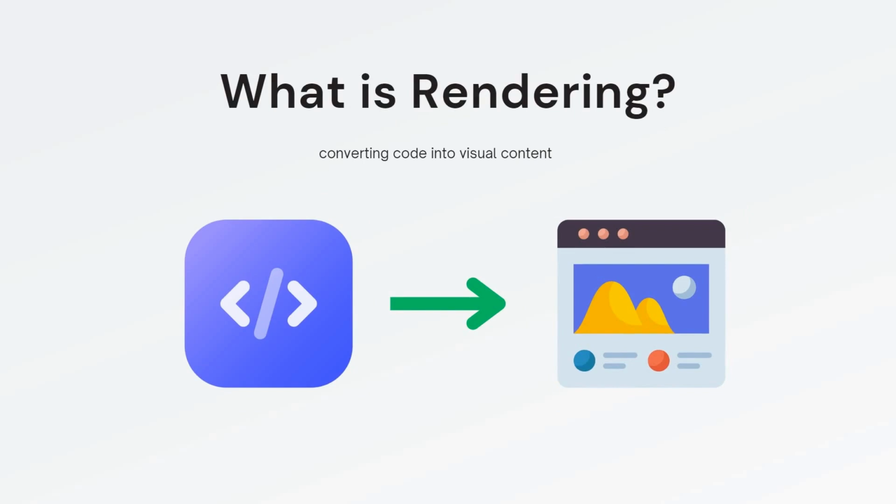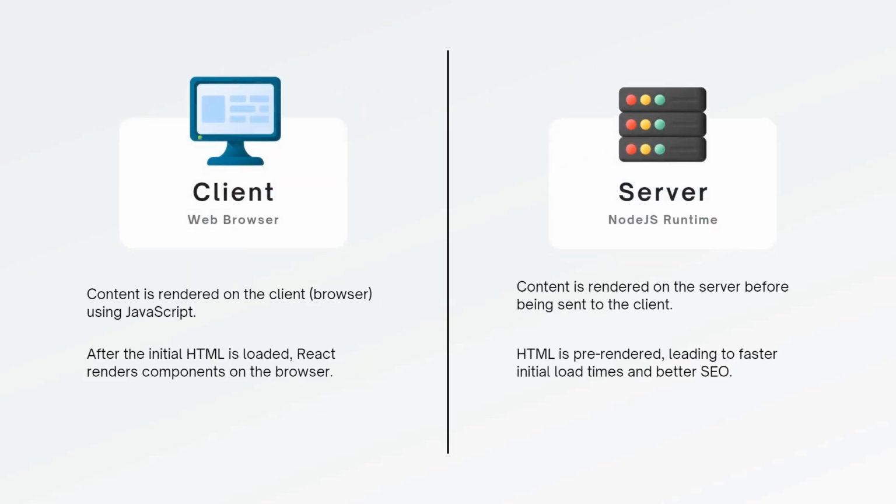Rendering is the process of converting lines of code into visual content that users can see and interact with in their browsers. So there are two primary types of rendering. First, we have client-side rendering, CSR. This is when content is generated in the user's browser using JavaScript. The initial HTML sent from the server is minimal, and the browser has to load and execute JavaScript to render